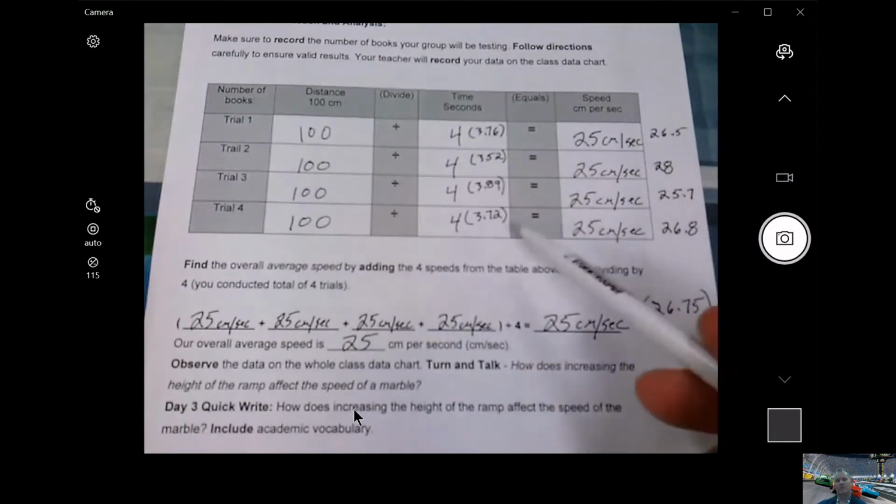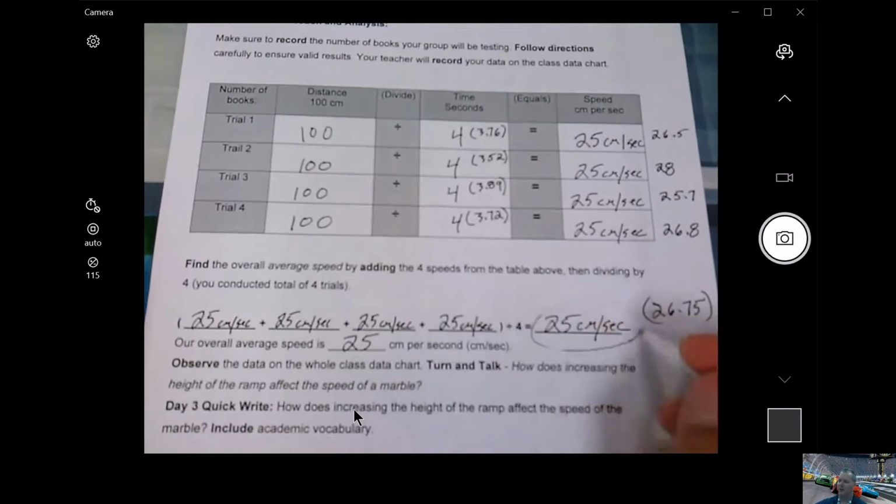So you could do both. You could do rounding or not rounding and see how close they are, and you can see within your trials what was happening within your project there. And then obviously you're going to share this final number here with the class, because